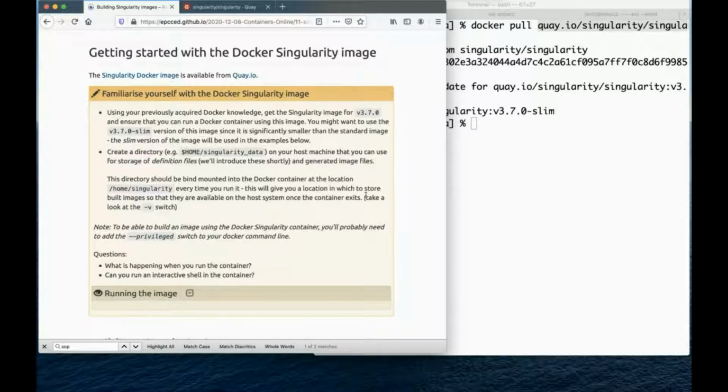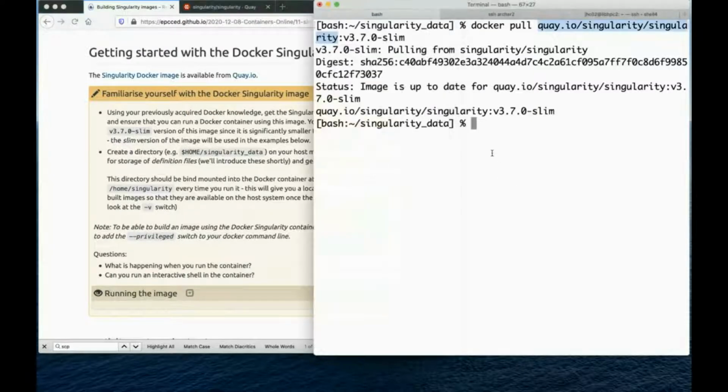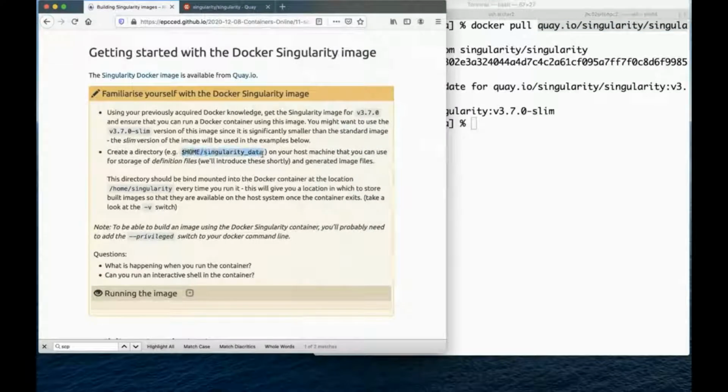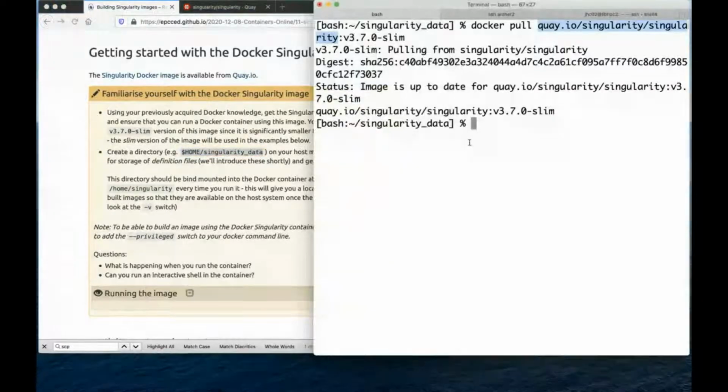So hopefully you've been able to pull the image. What we'll do is we'll now make a directory. So I've got a directory here called Singularity Data. If you create a directory in your home directory called Singularity Data, or call it anything else that you want, but that's the name that I'm using for this. And what we're also going to do is a bind mount. As we saw yesterday using the -v switch in Docker, we're going to bind mount this directory, home Singularity Data, into our